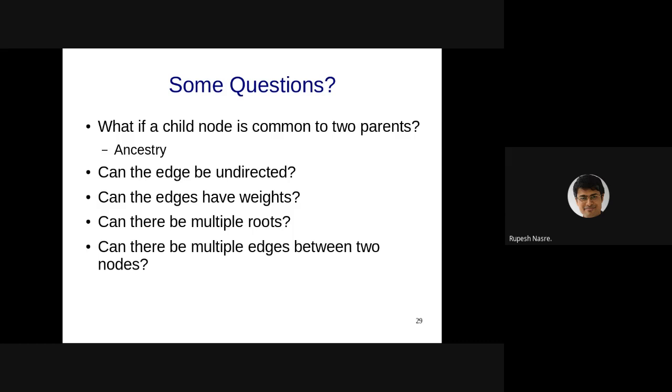Sometimes in families, such a thing happens, right? You are already related to somebody in the family, and suppose you get married to that person. So you are already related via some relationship, let's say some cousin or something, and then if you get married, you also have the new relationship. The previous relationship doesn't cease to exist.